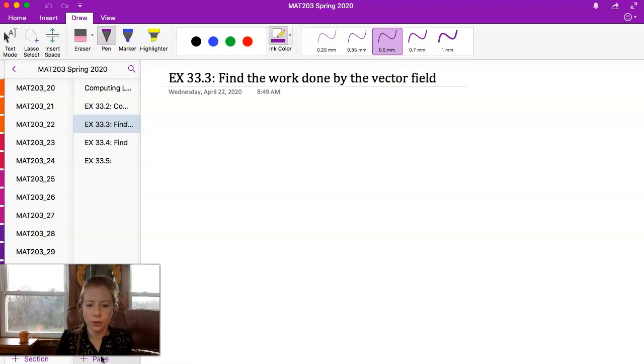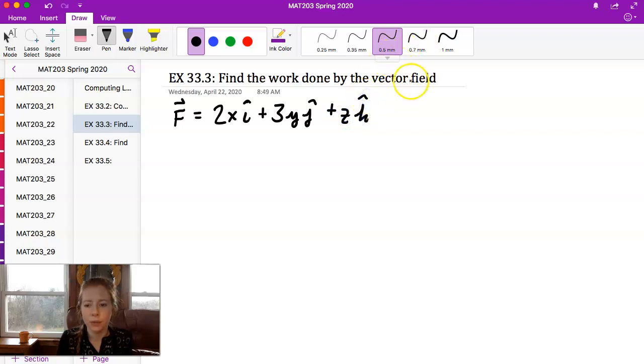Okay, let's try another one. We're just going to keep on practicing these today. So we're going to find the work done by the vector field F is going to be 2x i hat plus 3y j hat plus z k hat. Okay, so we're in 3 space now. In moving